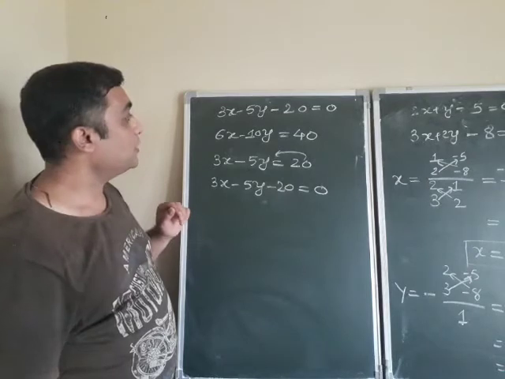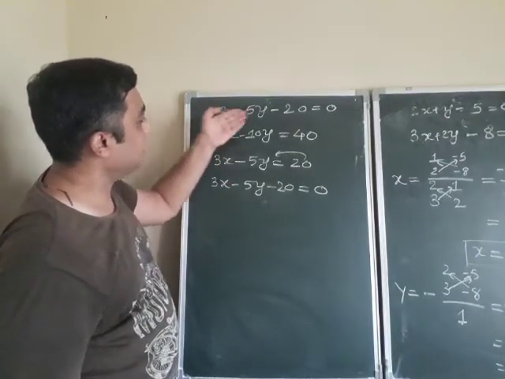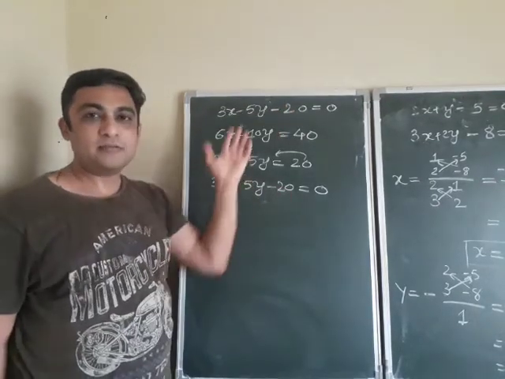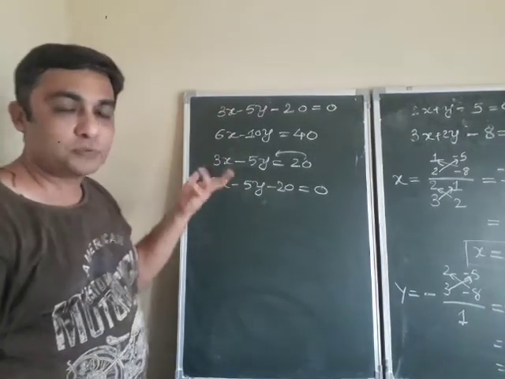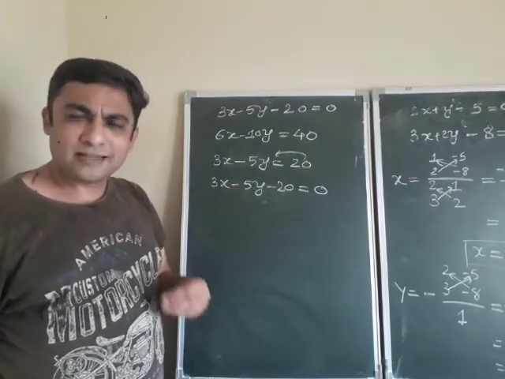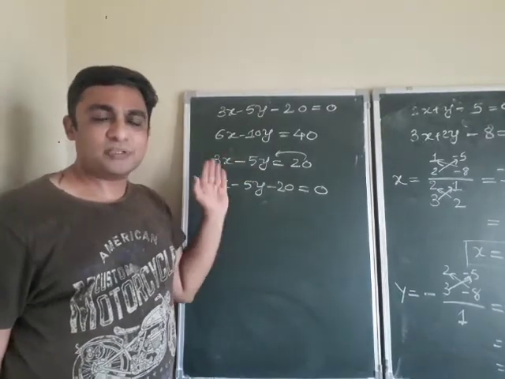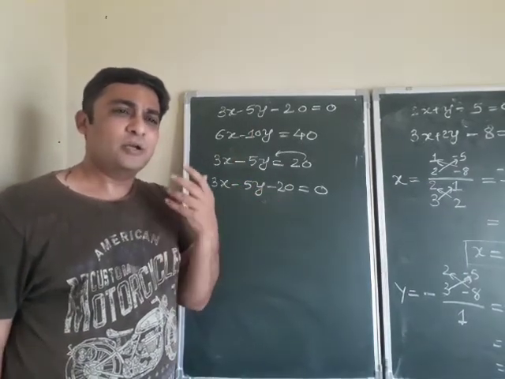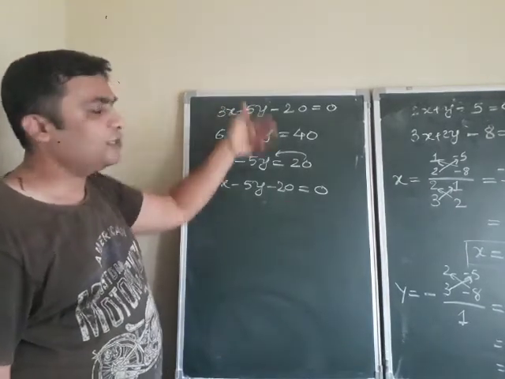Fine? Now one student has asked me a question. Arre, these are both the same line. See 3x minus 5y. If it is the same line, it means both are coincident lines. One minute. So here both the lines are coincident, right? Now one student asked me, sir, if I keep the first as second and the second as first, will the cross multiplication give the answer? Arre, first and second are names we have given. When a pair of linear equations is given, first and second are names we are giving. Understood or not? So you can keep anyone first, anyone second.